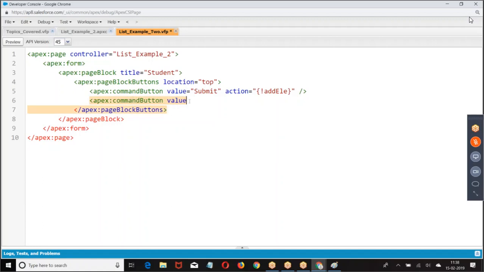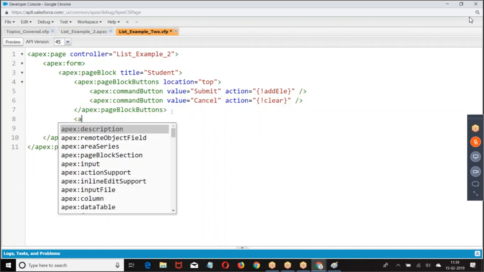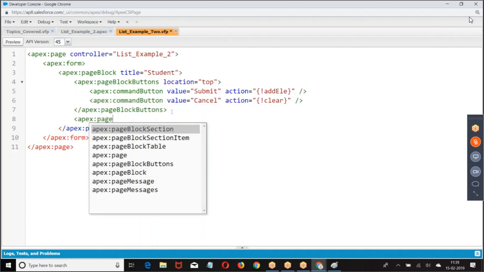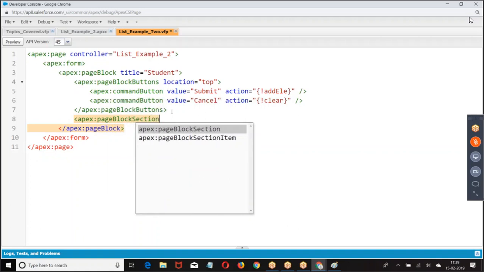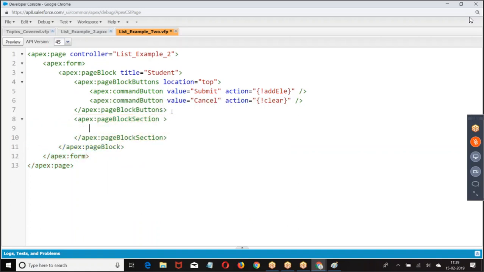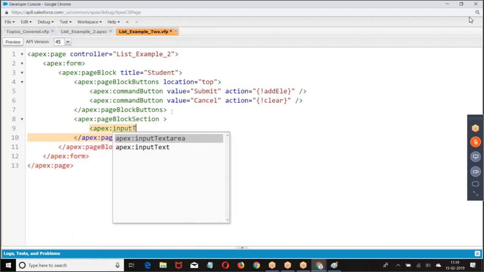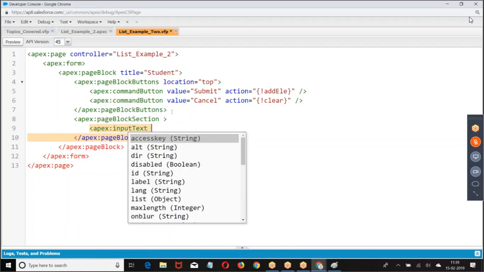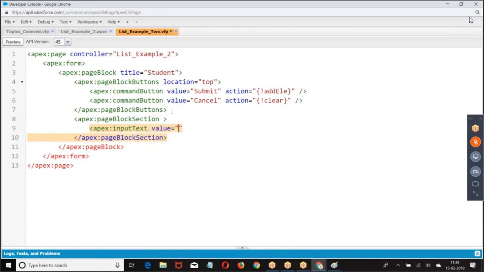Command button. Then again, I'm going with page block section.